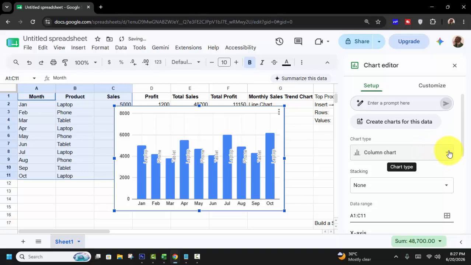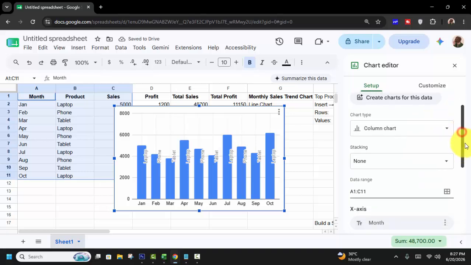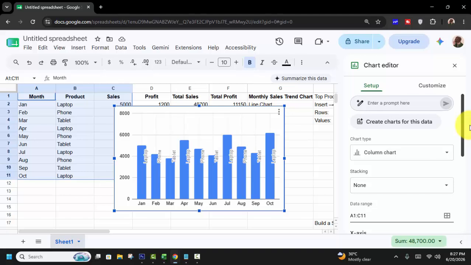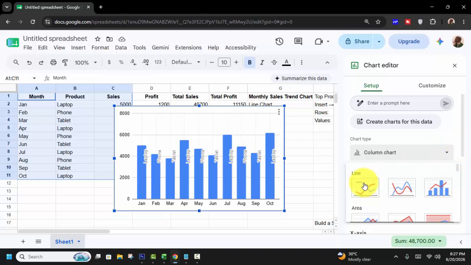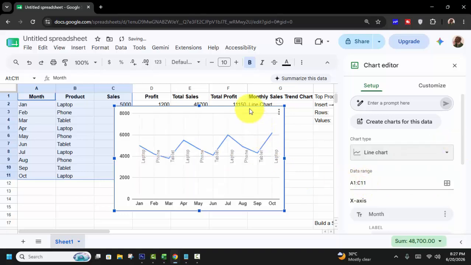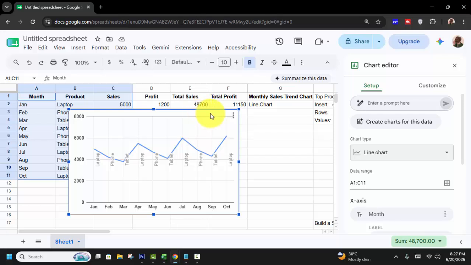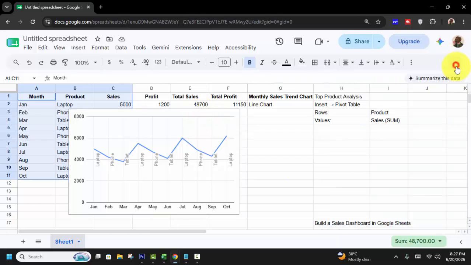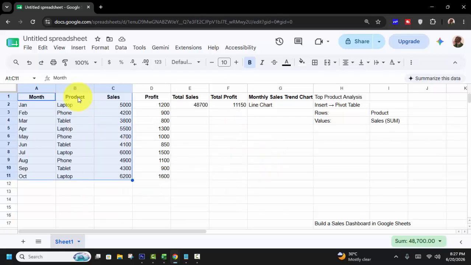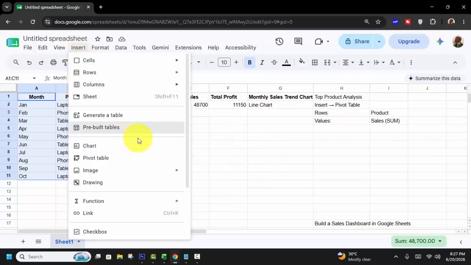Change your chart type. For the monthly sales trend chart, simply change the chart type and use a line chart. Or use top product analysis: insert tab, pivot table,